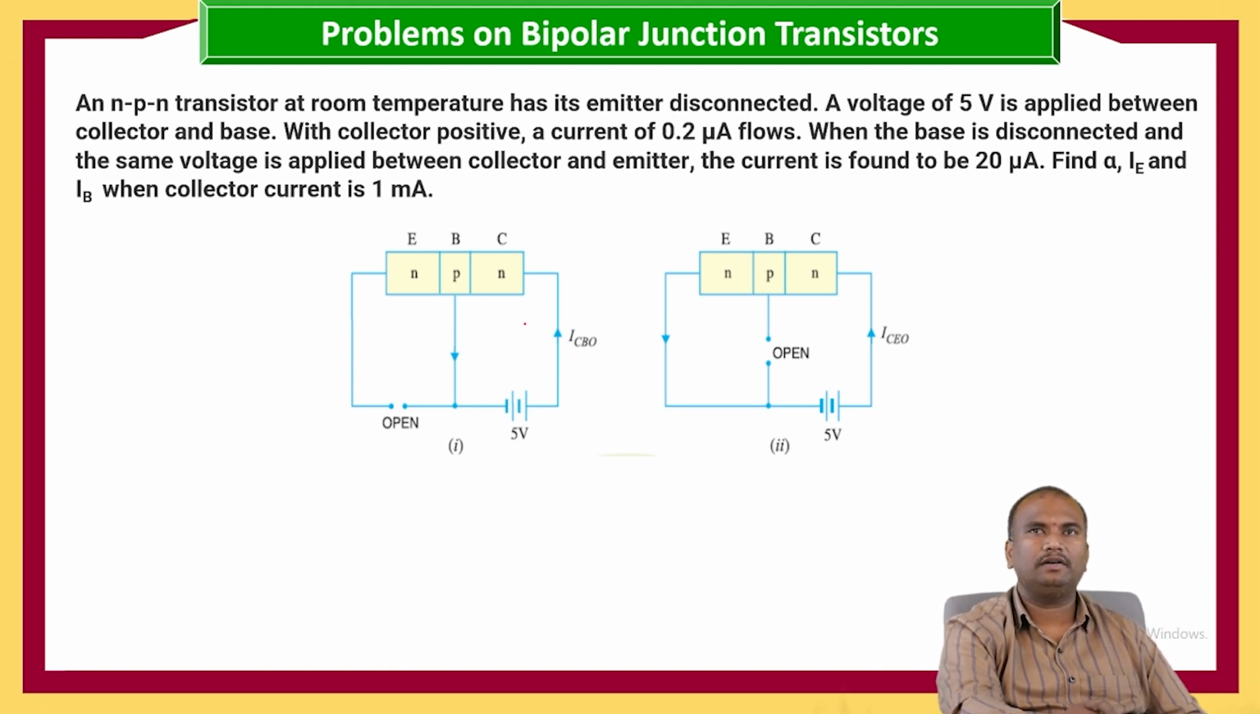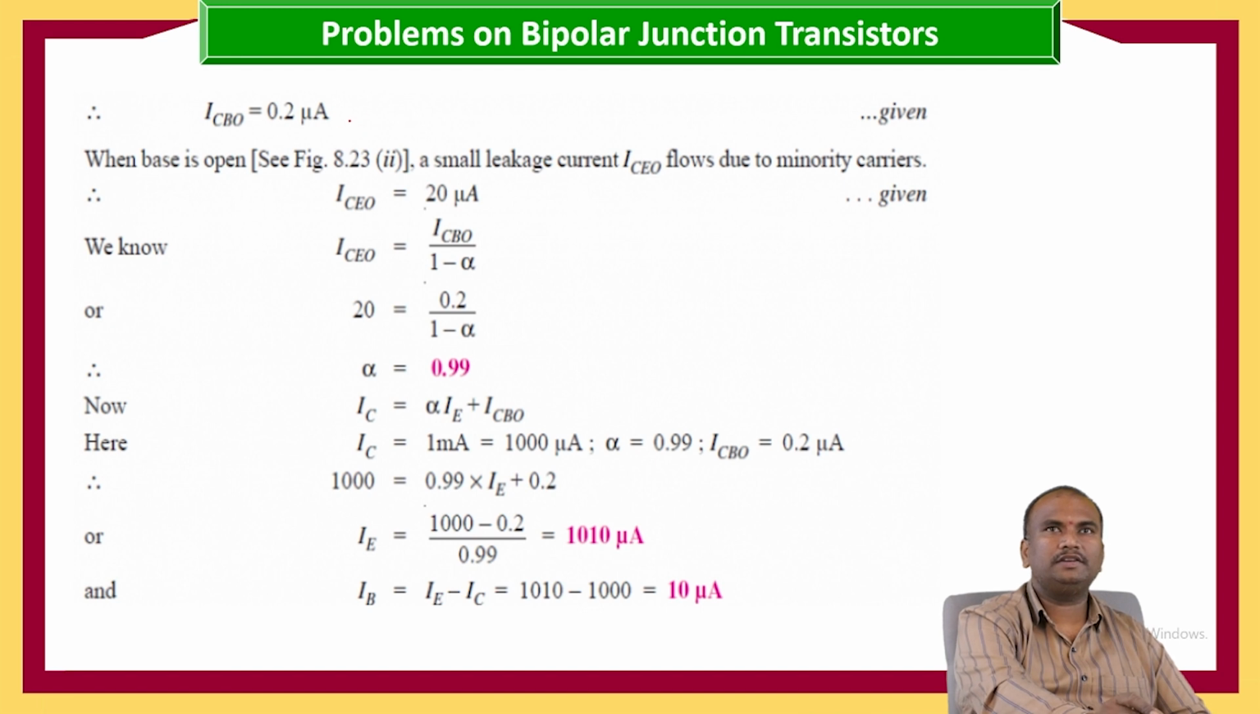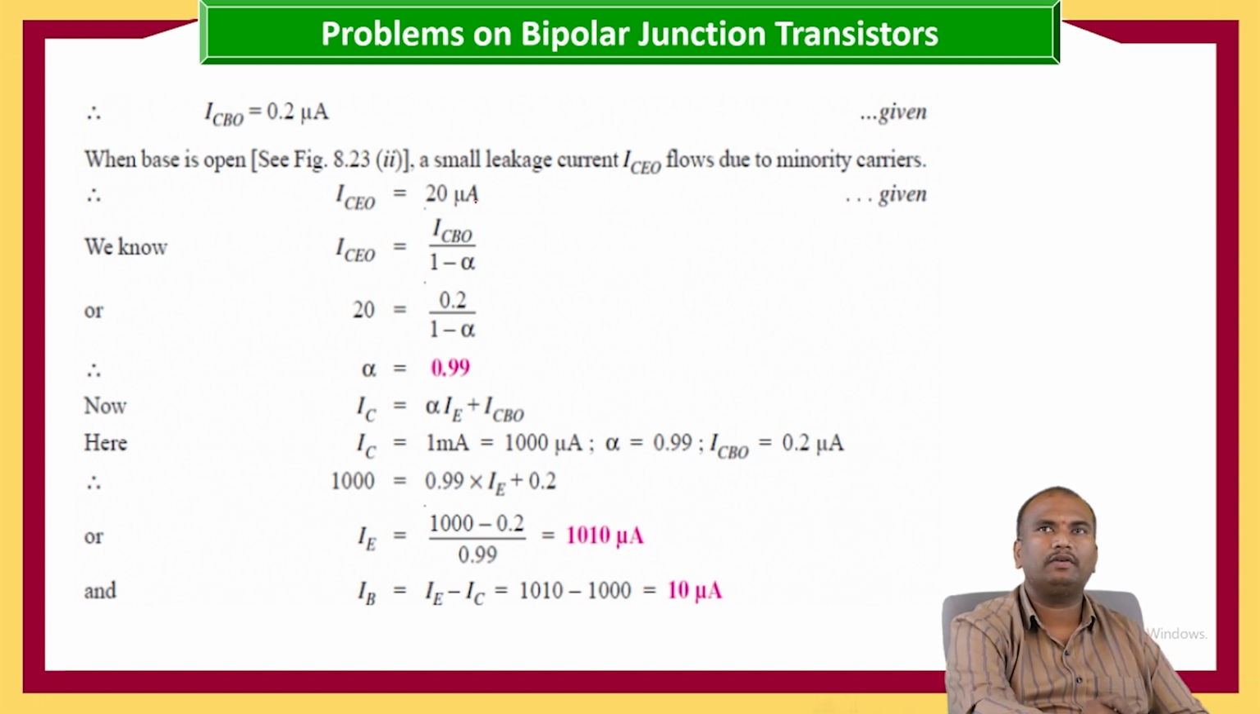In this case, what are the currents we need to calculate when it is open circuited? Here ICB0 is given as 0.2 microamperes, and ICE0 is equal to 20 microamperes, which is given, where ICE0 is equal to ICB0 by 1 minus alpha, that is 20 is equal to 0.2 by 1 minus alpha, where alpha is equal to 0.99,